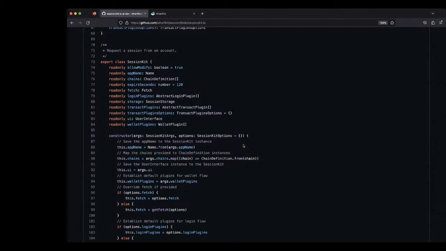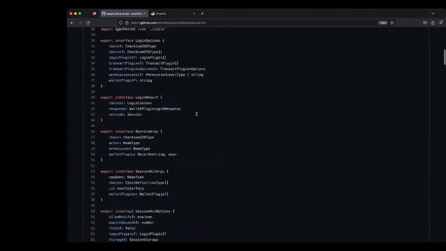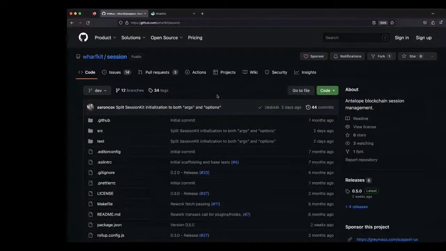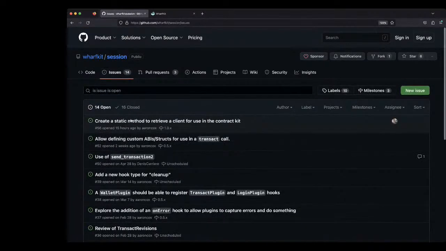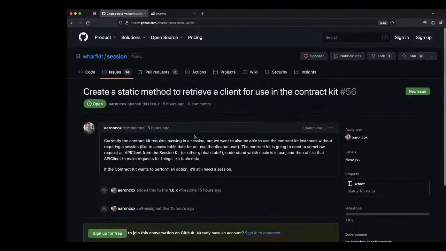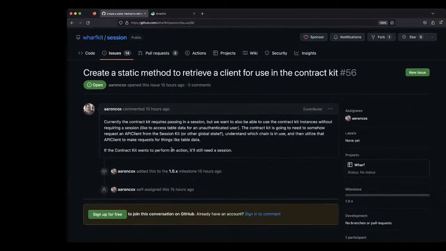So yeah, I guess just to wrap up on the session kit side of things, we're pretty darn happy with where this exists at this point. There probably will be some changes coming, and they're going to be related to the contract kit, because I think there's an issue open for it. We need some ways for the contract kit to retrieve data from the session kit. So we're experimenting or exploring the idea of some sort of global state, or maybe some other object that can have some state,